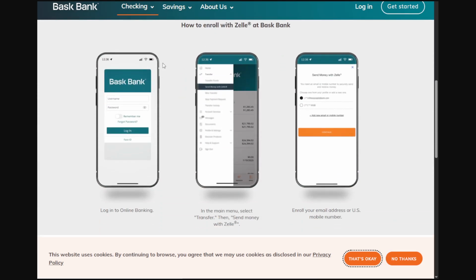Here you have a tutorial to make a transfer with Zelle. It's really easy. The first step you need to do is open your app, and then you need to add your username and password. Once you do this, you need to select right here in the menu the option transfer, and you need to find the option called send money with Zelle. And right here,